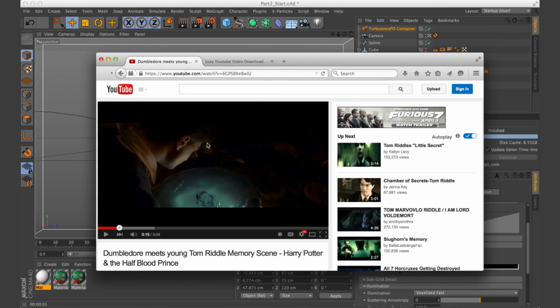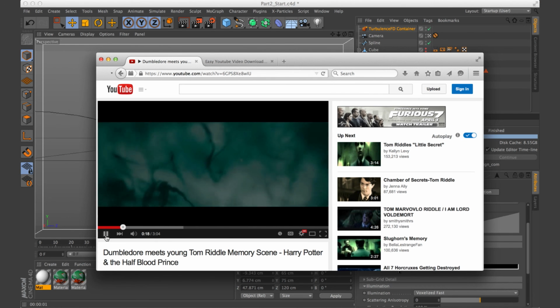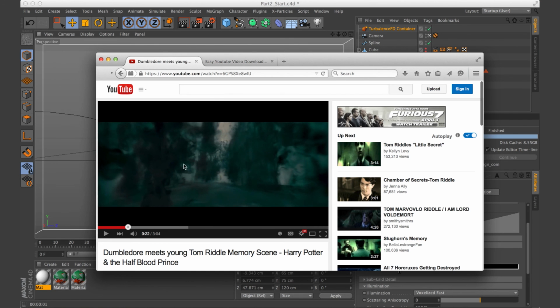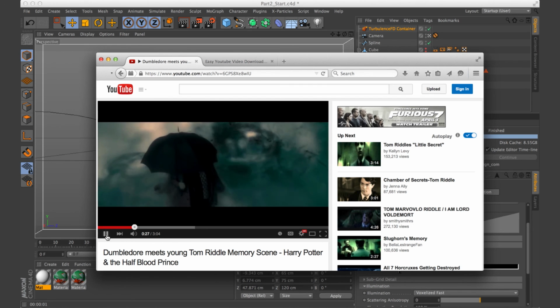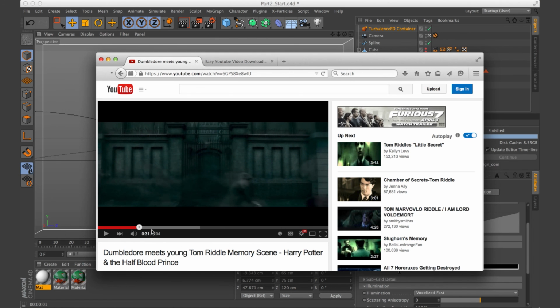So if you guys remember this Harry Potter movie, Harry went and he looked inside this pool of water or whatever, and there's all this ink in there, right? And this is like a memory. But the ink forms into Dumbledore walking. You got ink coming off of all these objects in the scene. And like right here, you got this kid on a bike, and he's got this ink trailing after him. And that's the sort of thing that you could do with this effect.